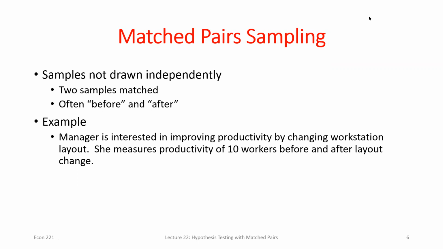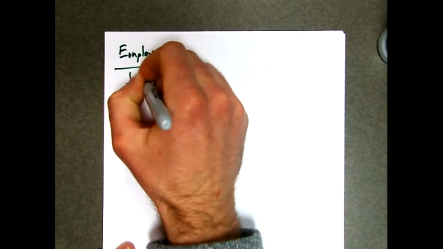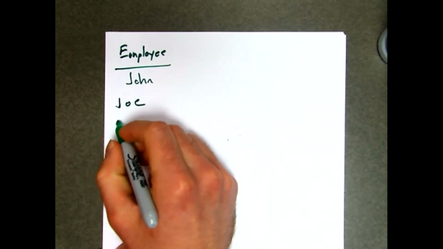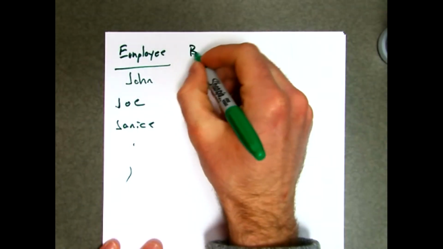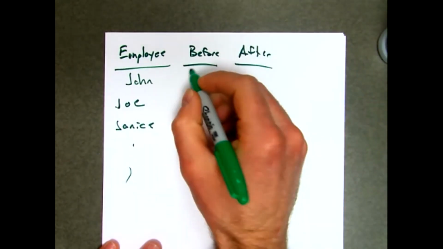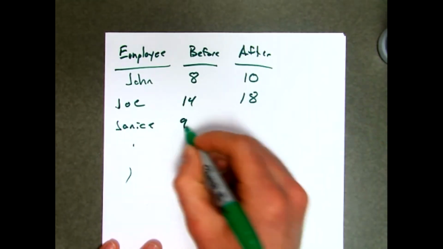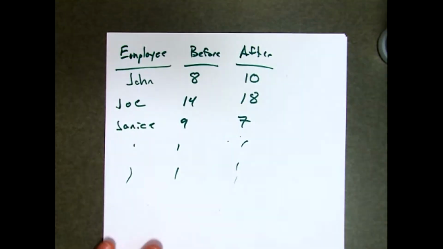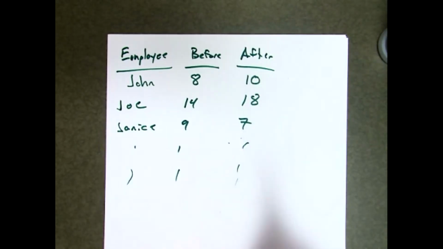So what we're going to do is think about, we've got 10 workers. You think about, I've got all these different employees, John, Joe, Janice, a bunch of J's. So I've got their before and I have their after productivity measures. So maybe this is something like 8 and 10, 14 and 18, 9 and 7, etc. Right? So instead of finding the average productivity before and the average after, and then looking at the difference there,